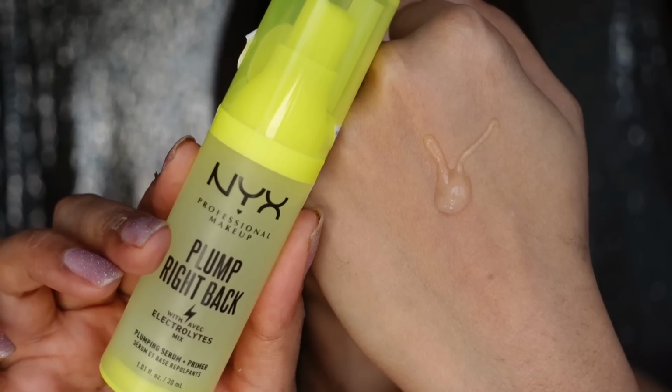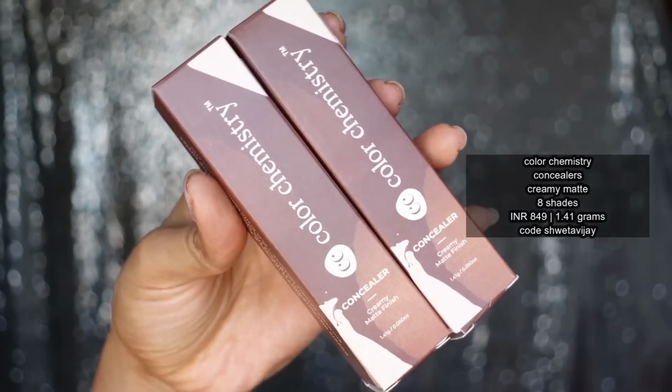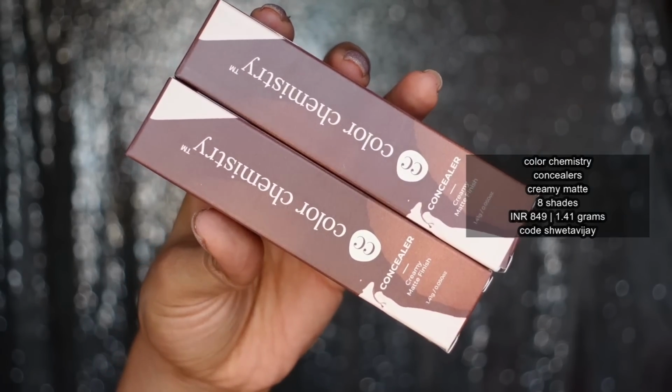It's not going to make my face greasy. For prime, I'm going to use the NYX Plump Right Back with Electrolytes Mix. So I've already done my eyebrows because they didn't have any eyebrow products as of yet. So I'm starting off with the concealer, and from what I noticed when I was testing the concealer as well,